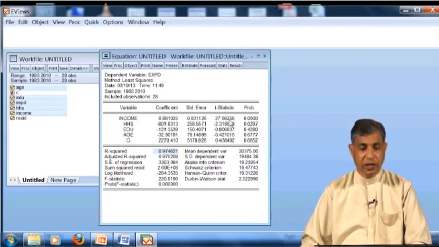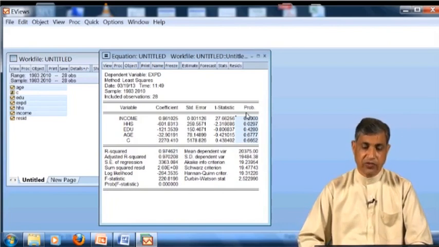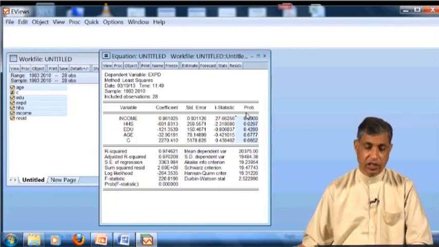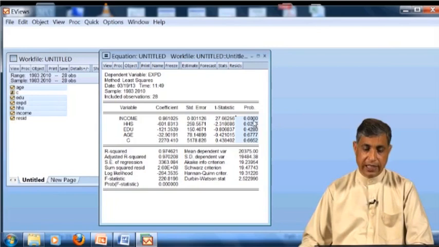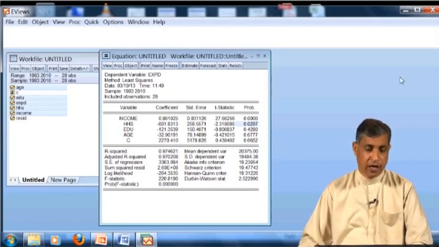So these are the values here. These are the standard errors, and these are the probabilities. If you look at the first probability, this is significant. If you look at the other probabilities, this is also significant, that is the household, and these are not significant. So this is the situation in this scenario.